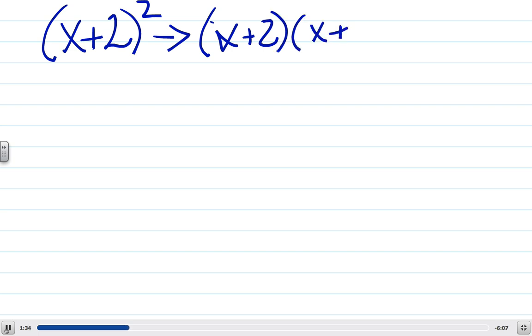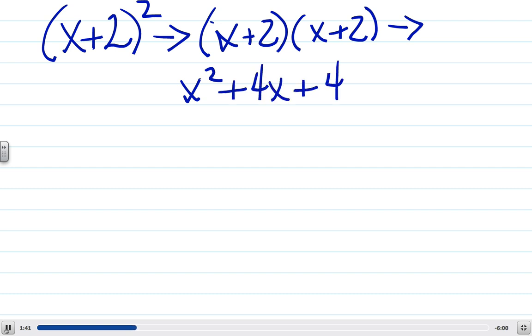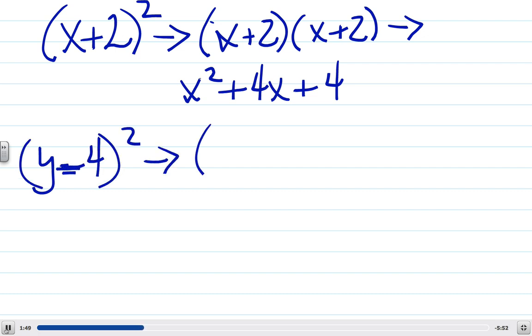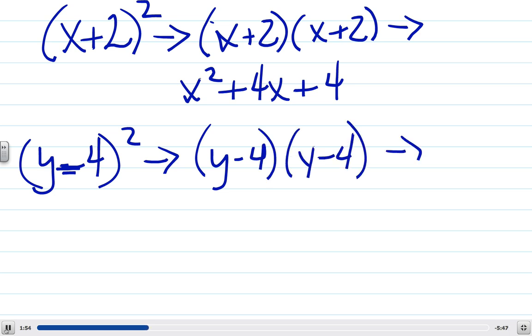Let's say we have (x + 2)². If I multiply that out, that's like saying (x + 2)(x + 2), and that's going to give me x² + 4x + 4. Likewise, if I had (y - 4)², that was the same as (y - 4)(y - 4), which is going to give me